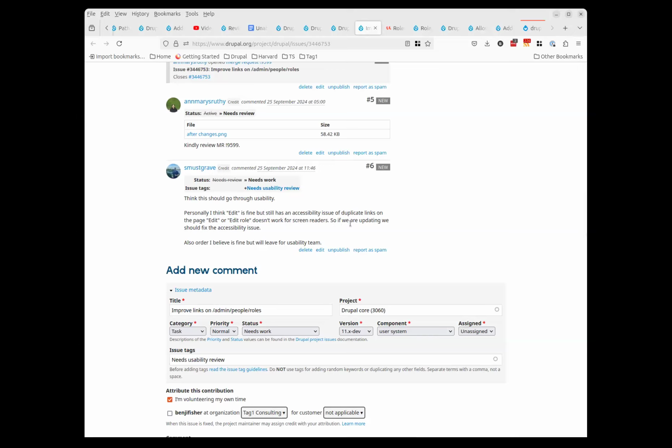So if we are updating, we should fix the accessibility issue. Go ahead. Yeah, but this is the edit link, it does have that ARIA label, so it says which edit link it is. Okay.